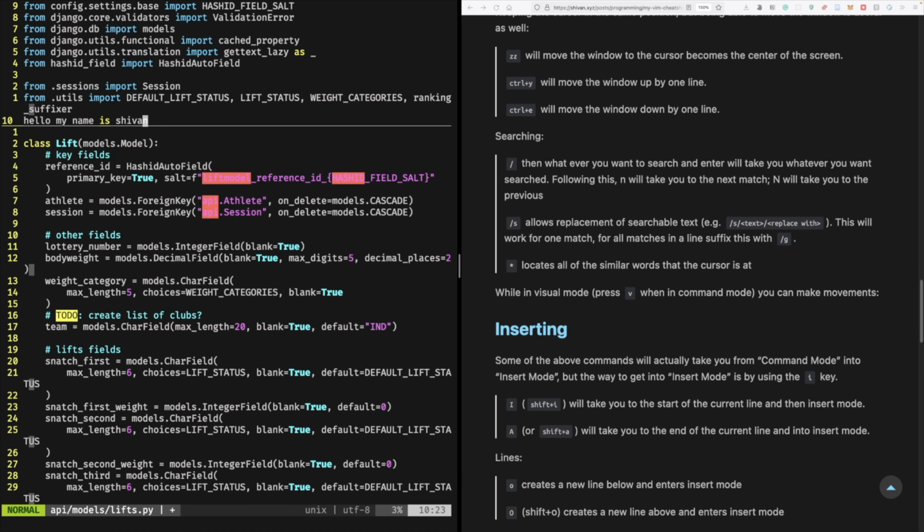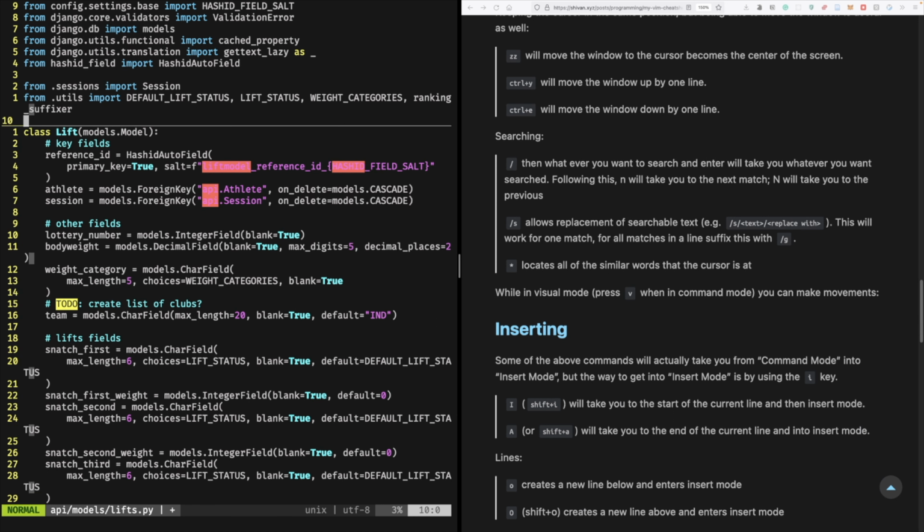Now, another mode is visual mode, that's V. If I press V, that allows me to select text. Let's say, for example, I want to delete this text here, I can select it and press D, and it's gone. That puts me back into command mode again. And if I want to delete that line, I can just press DD while I'm in command mode,